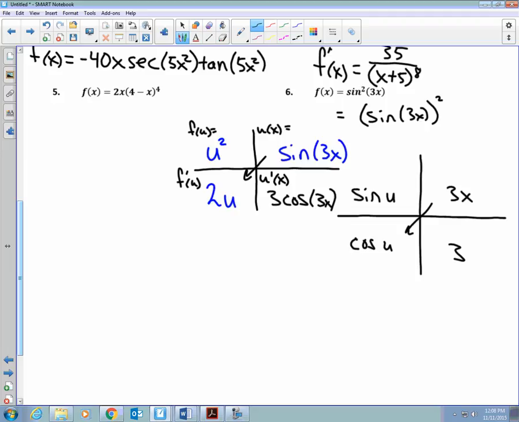I used the chain rule twice to figure out this one. Now I'm going to multiply them together. What do you get? What's my constant? 6 times sine of 3x times